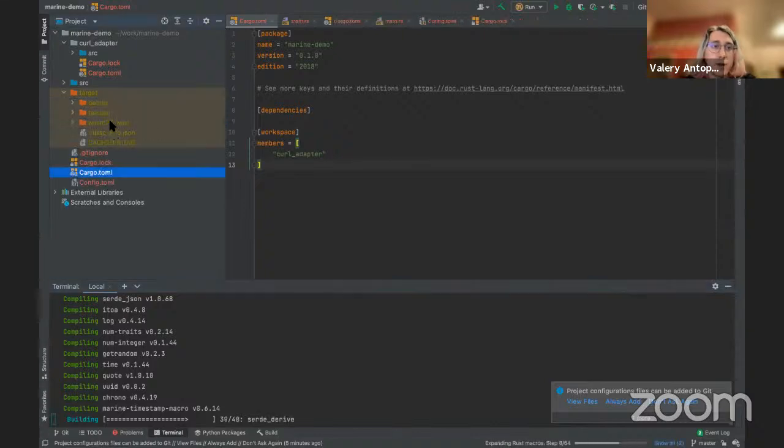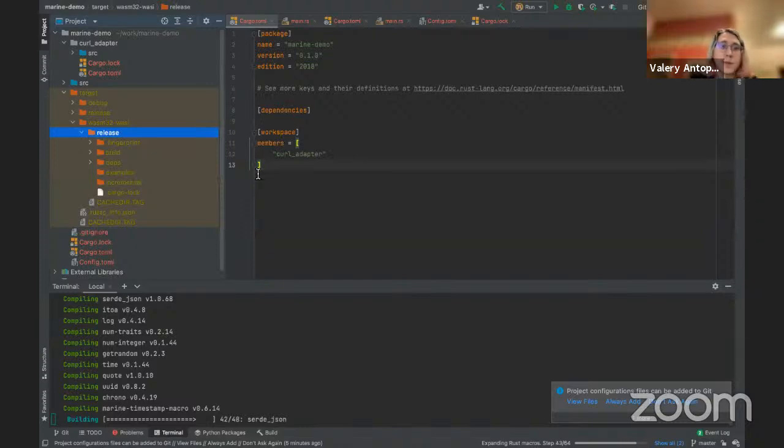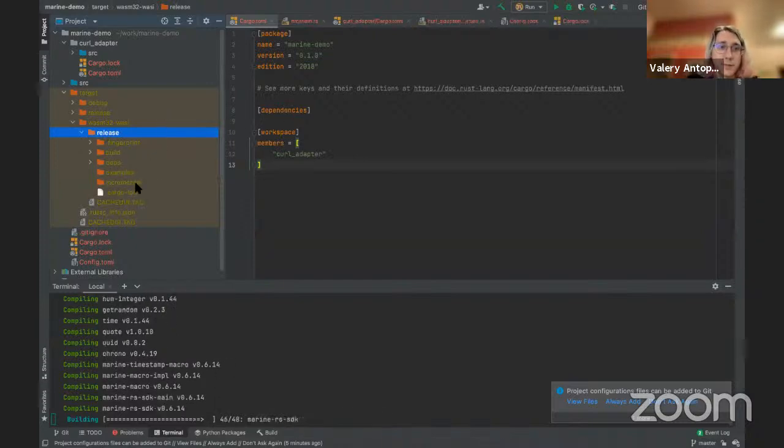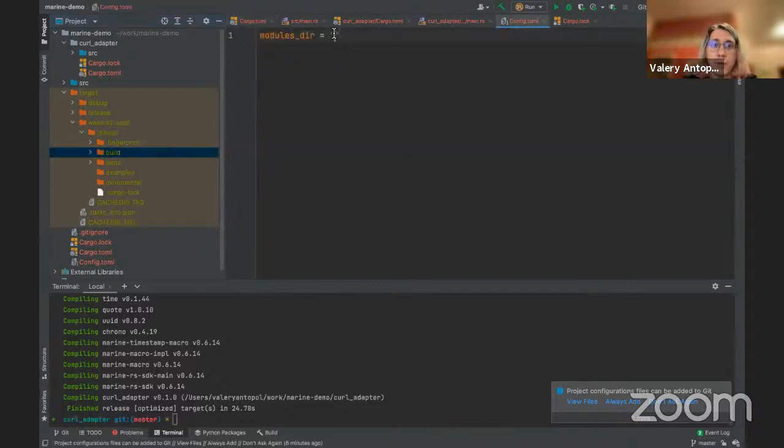It will create a wasm32-wasi directory in the target directory. So there will be our WASM file. And we can provide this path to the config file: target, then wasm32-wasi, release,